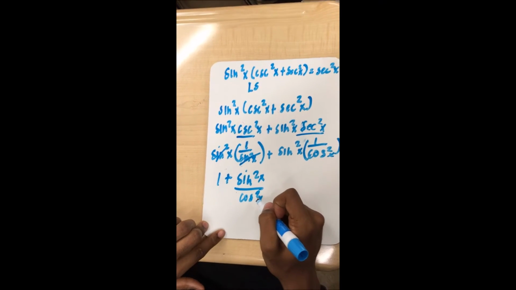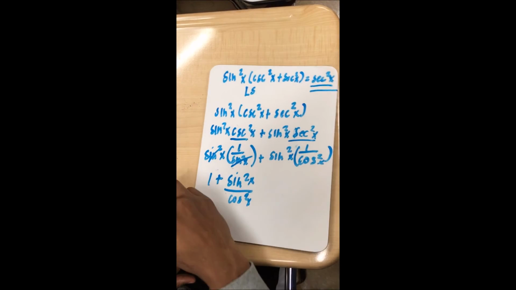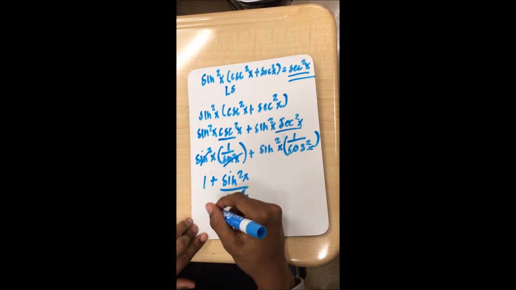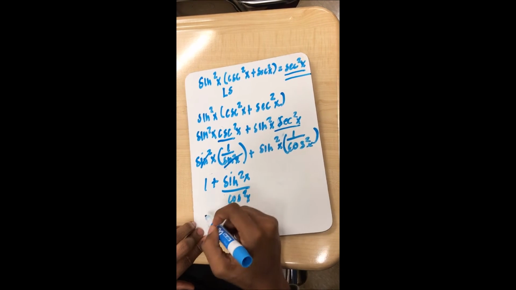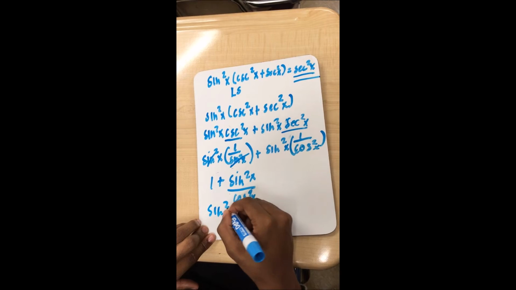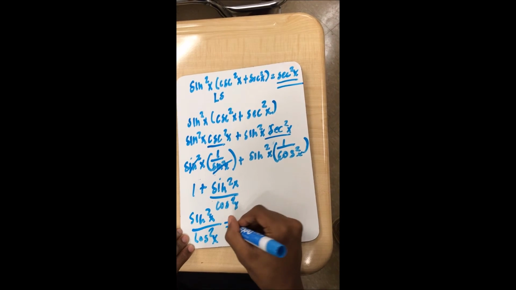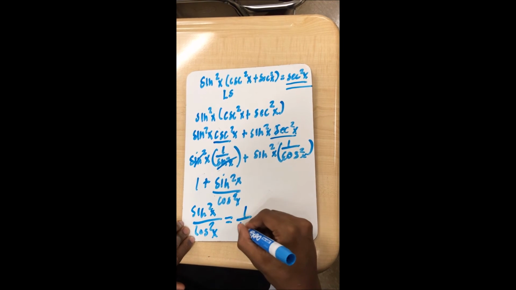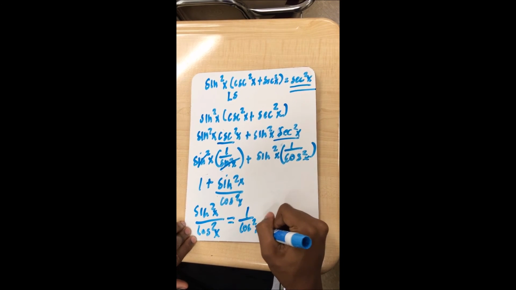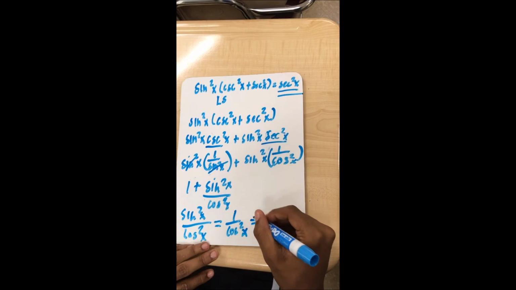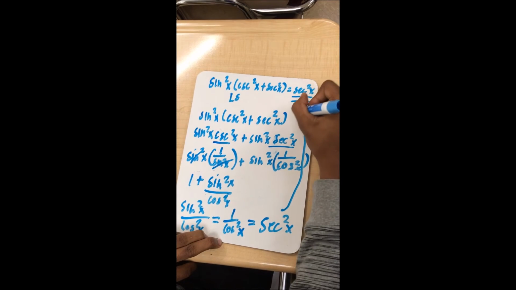Our main goal is to try to get this right here. After you distribute this, that'll be 1 over cosine squared x plus sine squared x over cosine squared x. And as we know, 1 over cosine squared is equal to secant squared x, and it's equal